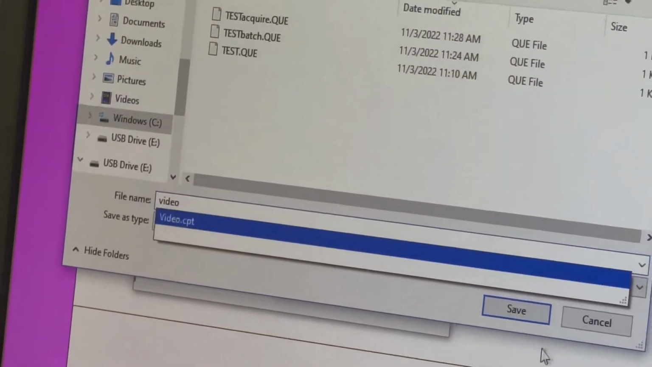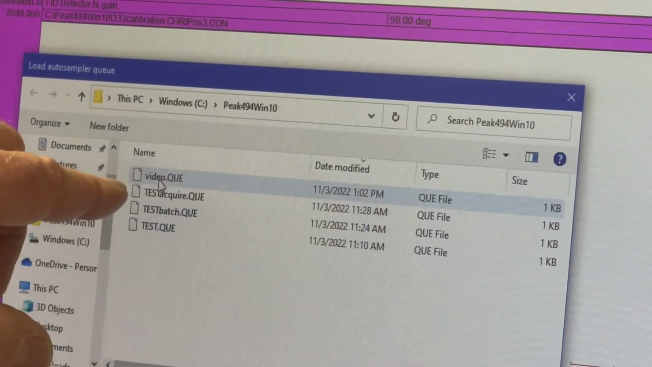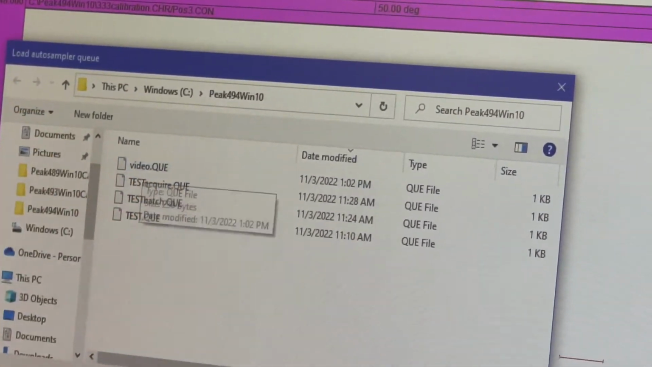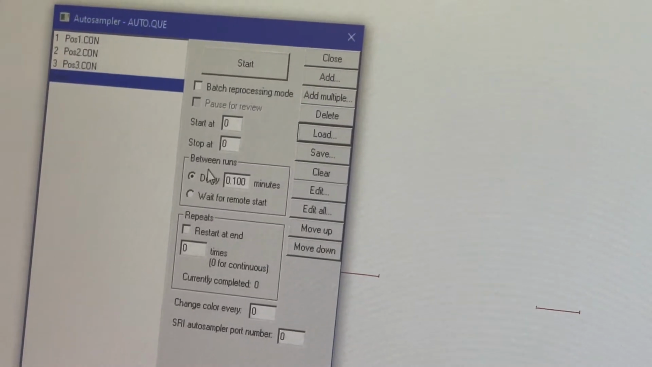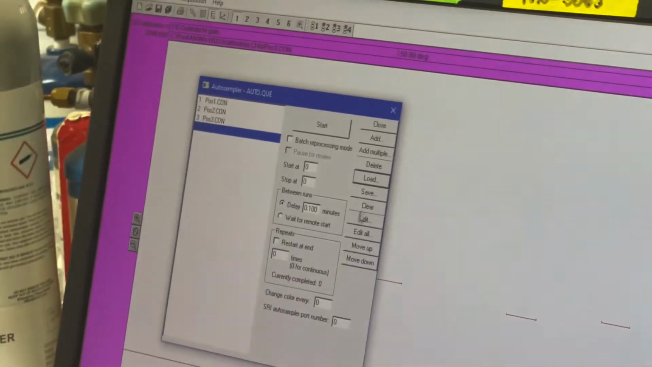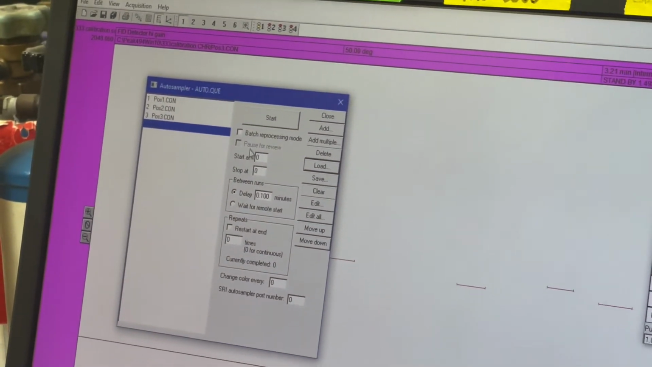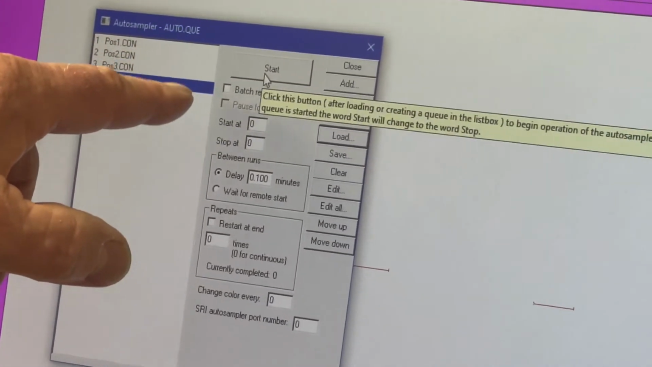And so now if I ever wanted to get this list back, I could just go Load, and then I have that video.queue, which is the list of control files. It doesn't know what's in the control file, but it knows the order that the control files are loaded in this list. Okay, so when I'm ready, I'm going to hit the start button, and what should happen is